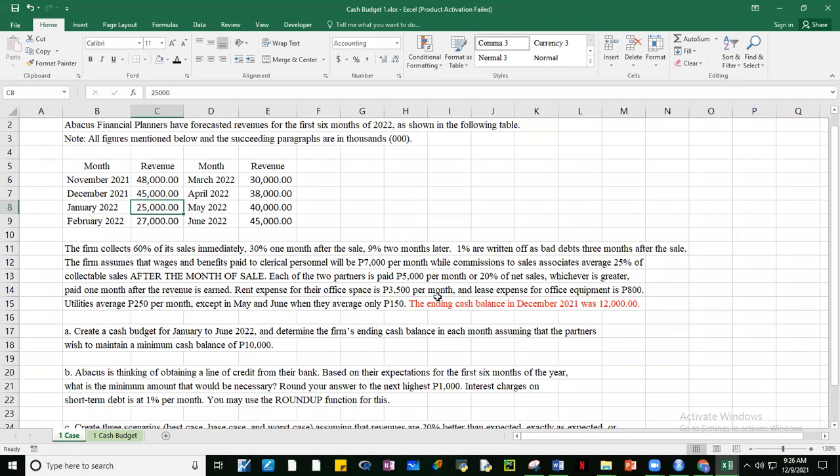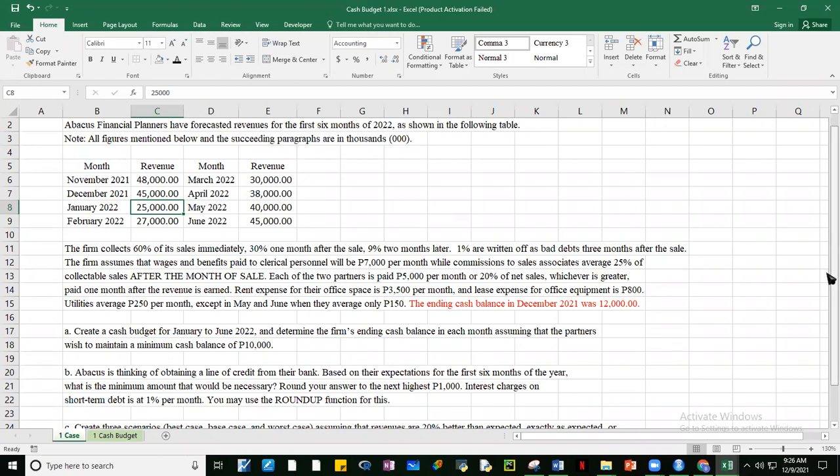Also, the two partners have a salary of 5,000 or allowance of 5,000 or 20% of the net sales. Net sales is also your collectible sales, whichever is greater, paid 1 month after the revenue is earned. So both the commissions and the allowance of the partners are given 1 month after the sale is generated.